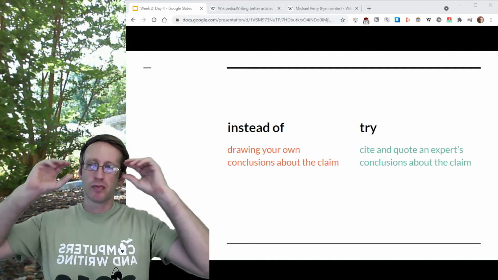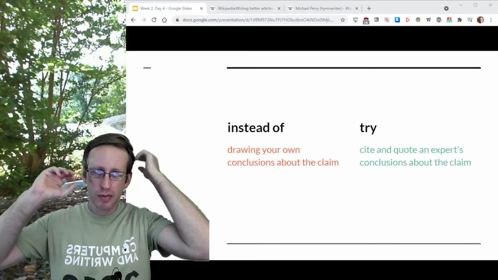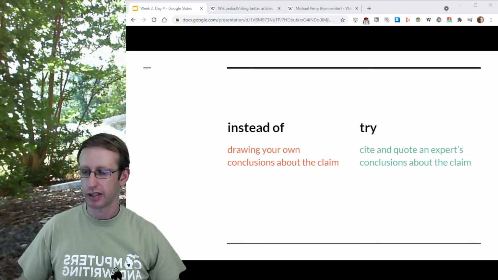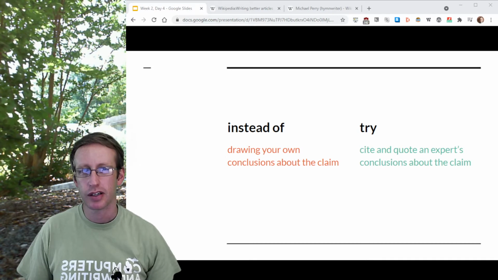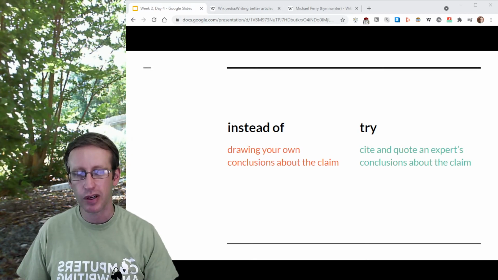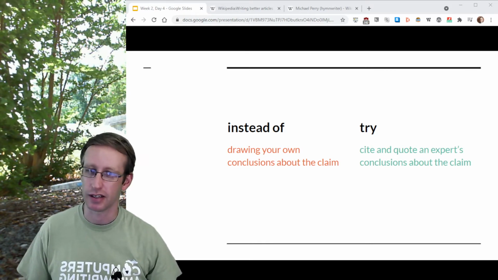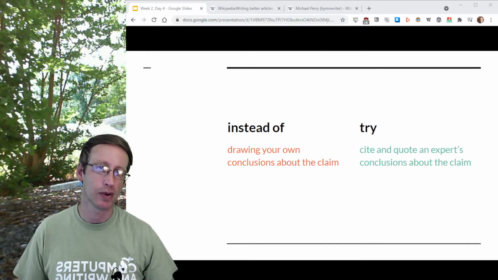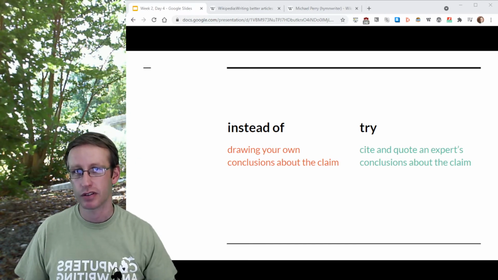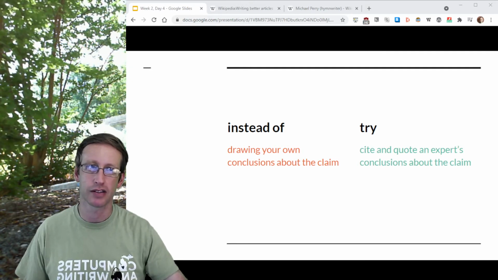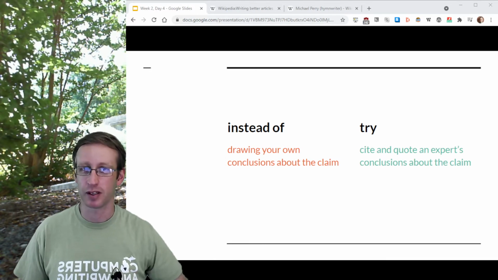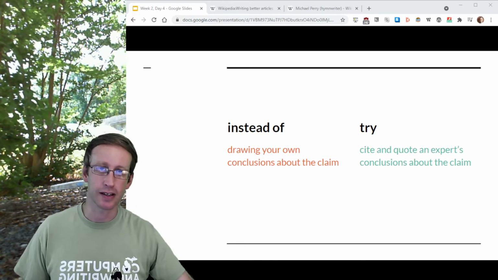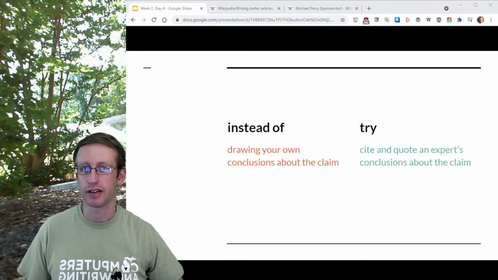Okay, another one. This is more generalized. I did see a little bit of this as well. You don't want to draw your own conclusions about the claim based on your research. And that may sound a little surprising. When I say research here, I mean I want you to follow the Wikipedia mandate of not doing original research, which is you are going to look up research that someone else has done, and you're going to tell me what they said and tell me why you believe them. You're not going to go conduct a study about gun violence and then tell me the results of your study. That's way beyond the scope of this article. So you're not doing that. But someone else has done that study, quote them, that's it. That's all you need to do.